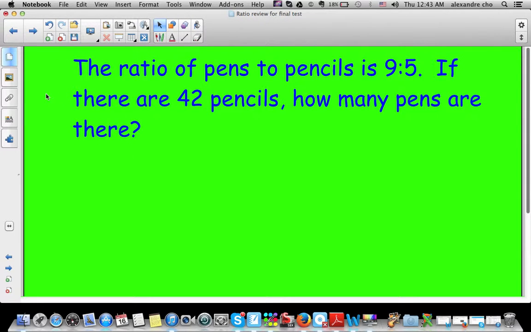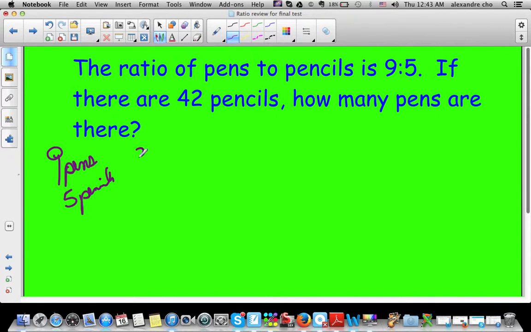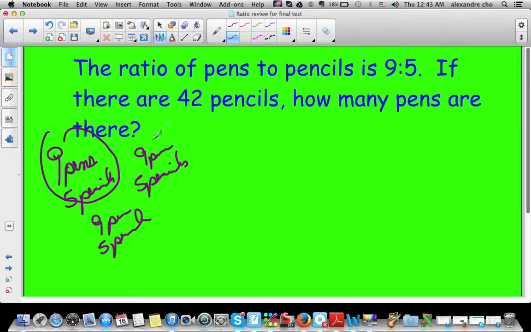So again, sorry, I don't want to cheat. Alright, so making that 42, I have 9 pens, 5 pencils, another 9 pens, 5 pencils, and another 9 pens with 5 pencils. Okay, my initial ratio. And then I kept growing it, and I applied the same ratio again. So each group has 14. There's 14 here, plus another 14 here is 28, plus another 14 is 42. So when I have a total of 42